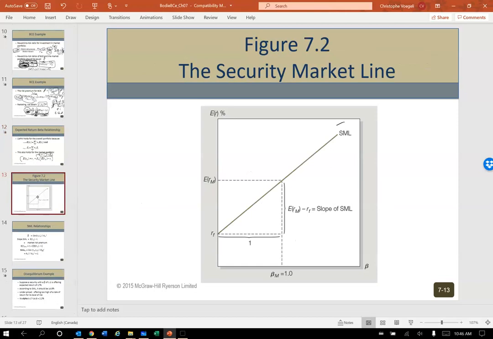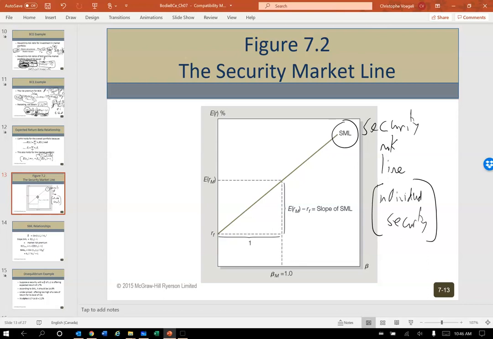So, now we're talking security market line. The SML. We're talking about an individual security. Certainly more applicable in the world of stocks. You don't have to know this nuance, but I am pretty sure it would only apply to stocks, not bonds. Certainly you could use some sort of construct, I suppose, of movements of the bond to the general bond market, and I guess it would kind of be like a beta, but certainly every time you hear beta, people think in the world of stock.